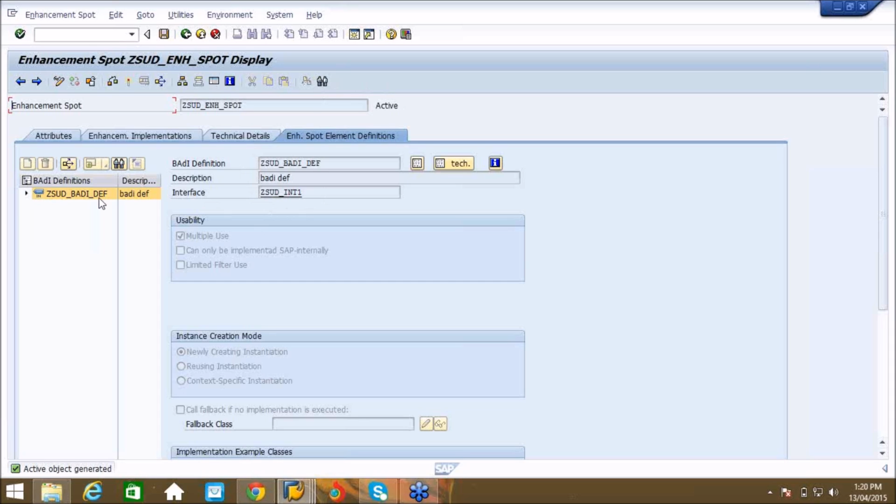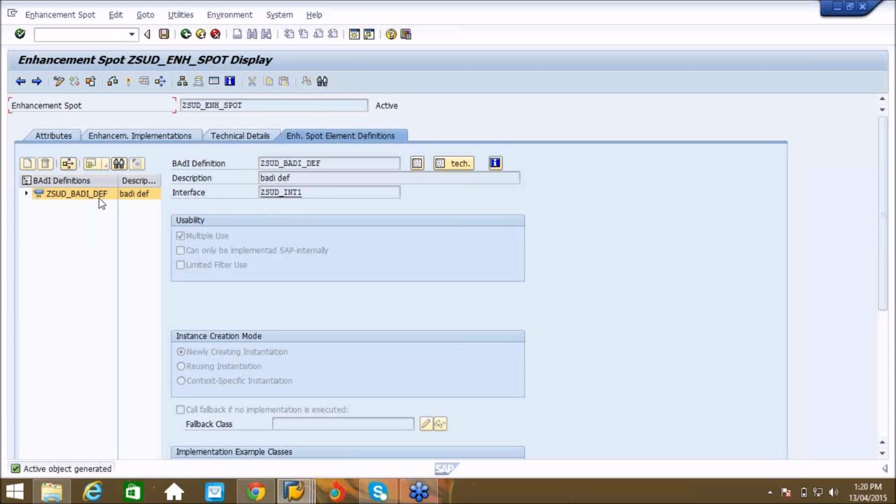So by this time there should be some question in your mind. If you have some question, ask me, otherwise I'll go further. Any question coming up in your mind? Like we have created our own body definition, our own implementation, but where will you use this? What is the purpose of body? Purpose of body is to enhance SAP standard transaction.